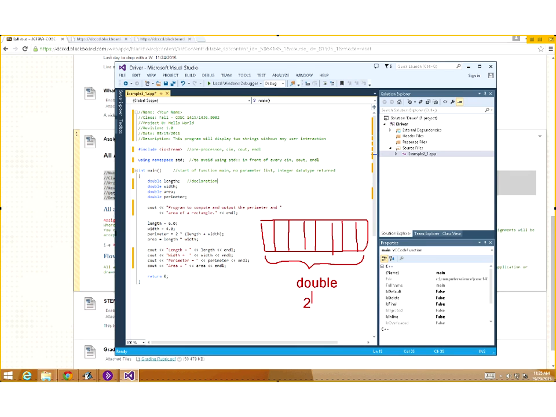So a double is really going to be 2 to the 63rd possible choices, or that's the largest number we can represent with 8 bytes. So let's say, what if we would have, let's say, a short? Let's say short, and then a variable name. How big is a short? So when you look at the short,